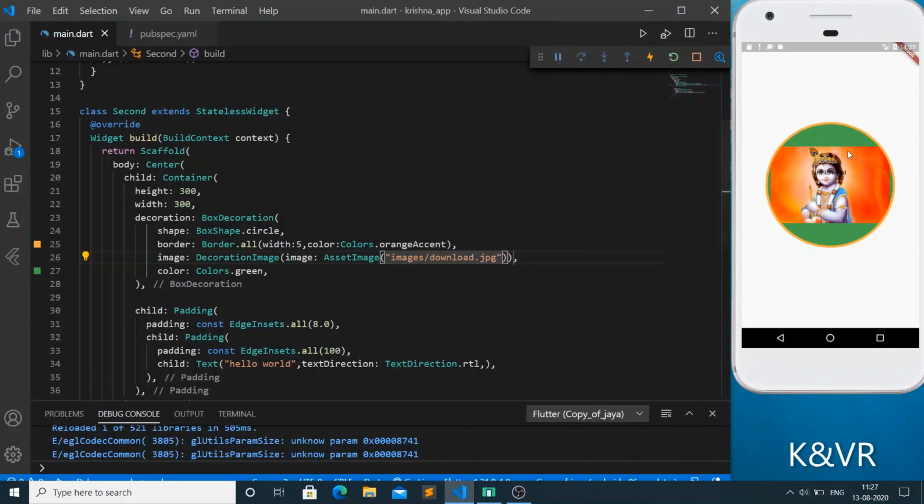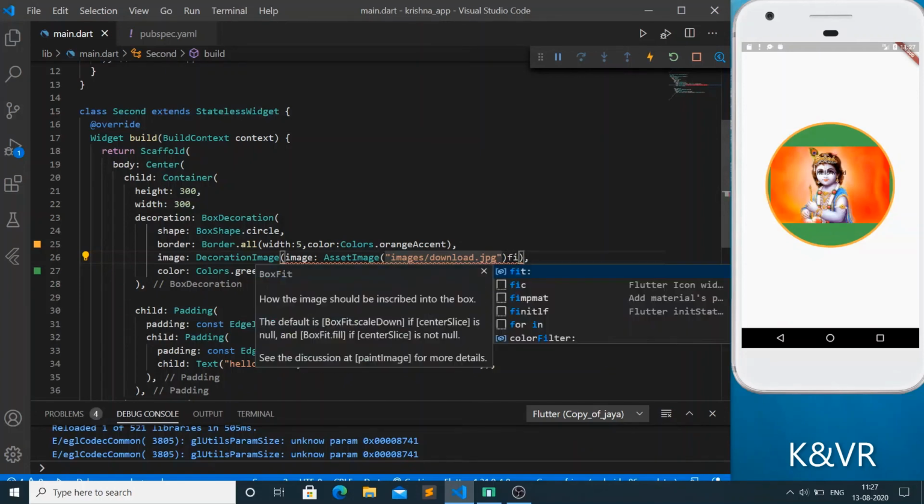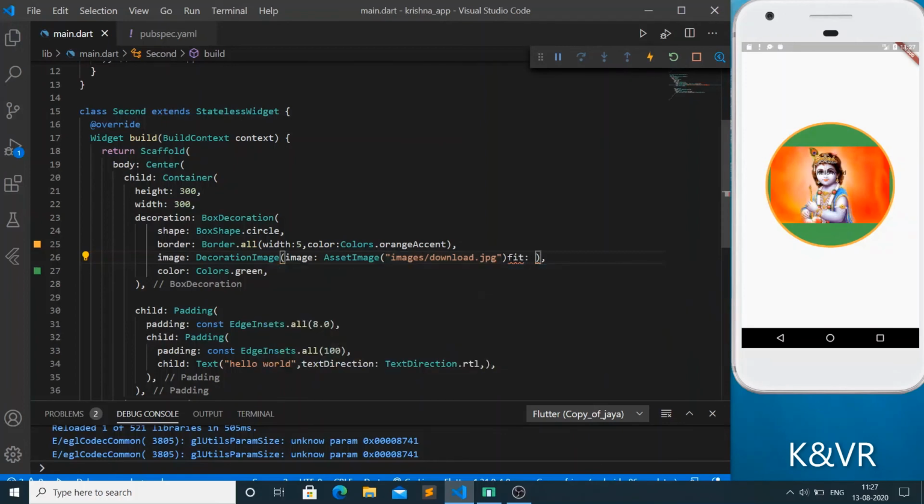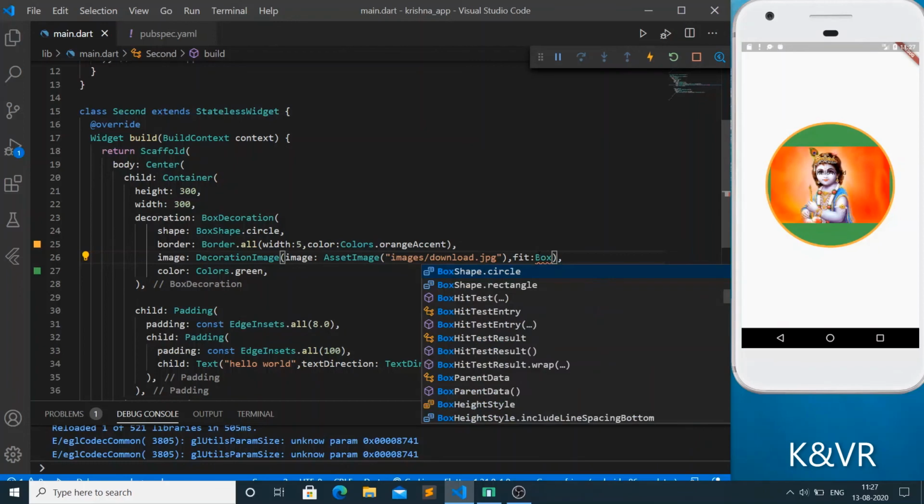It looks bad, so we want to fill that container, so we write here fit, put a comma, BoxFit dot fill.